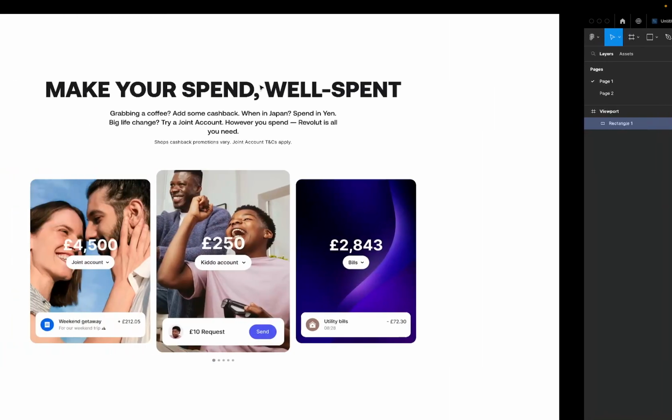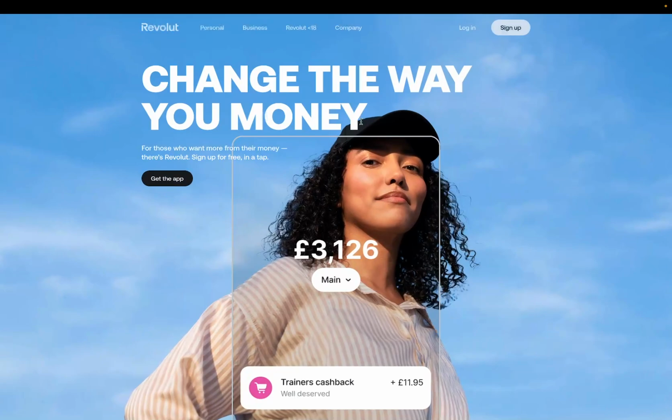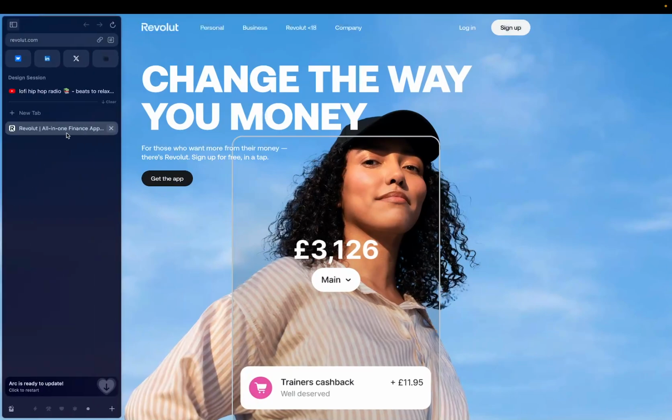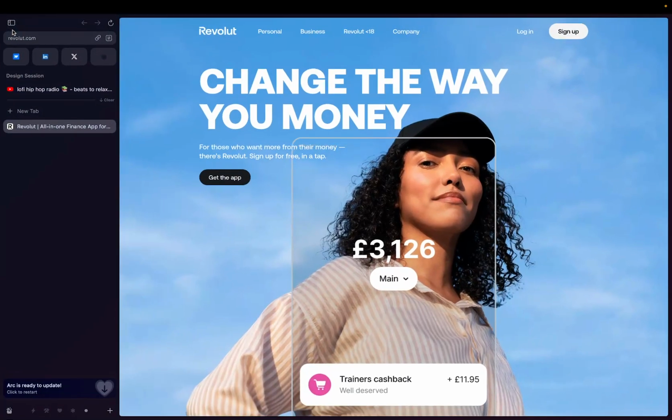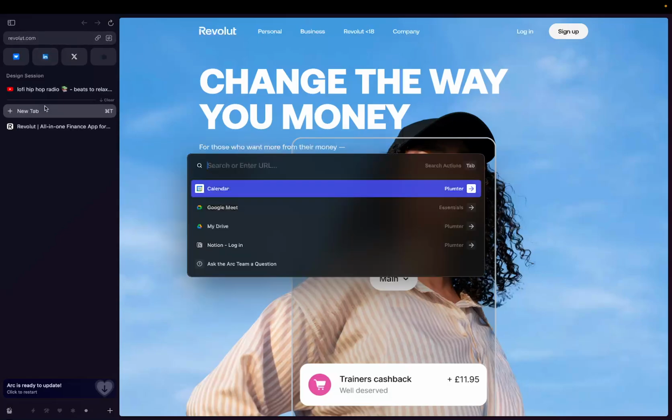Let's not draw a rectangle. Let's go and look for an image actually. So I want to go and look for an image first, similar to this. You can use any image for yours. But I like using an image that communicates the core idea that was being communicated in the original design. So what I want to do is go to